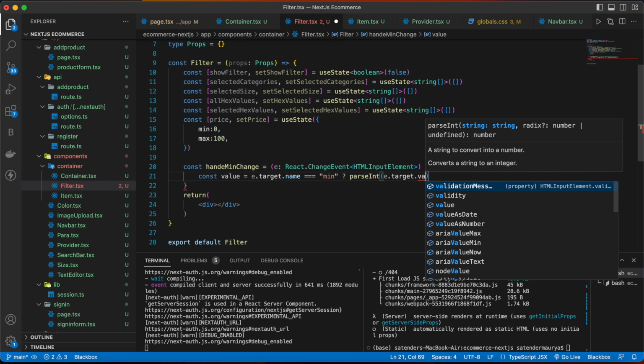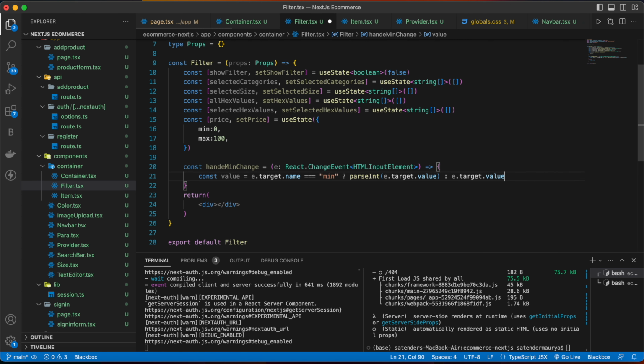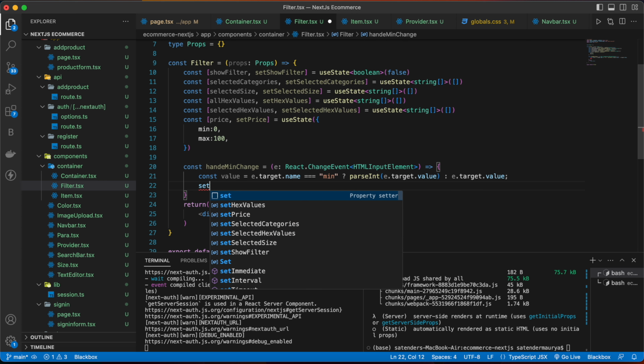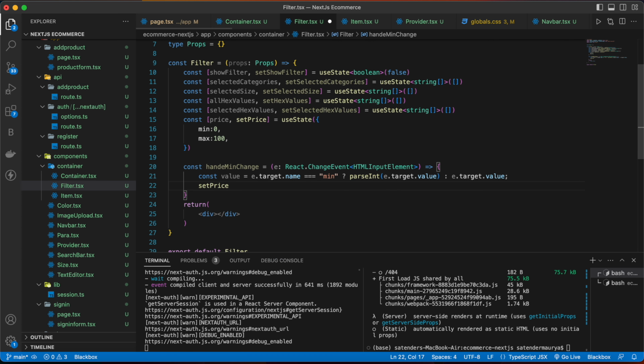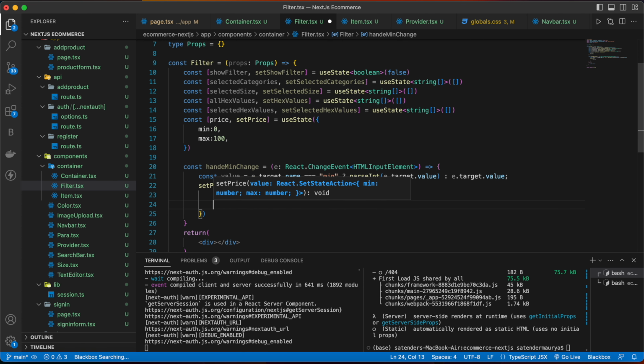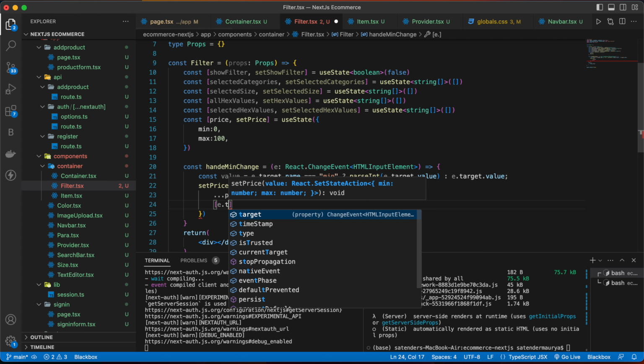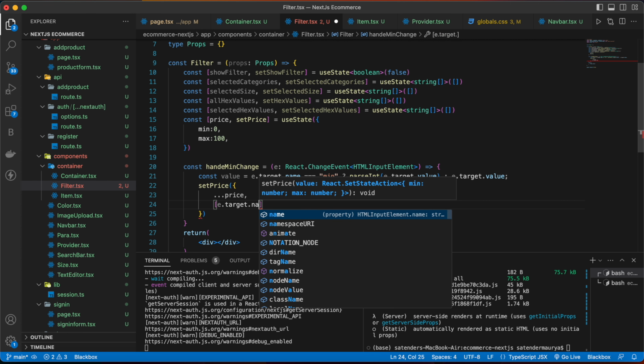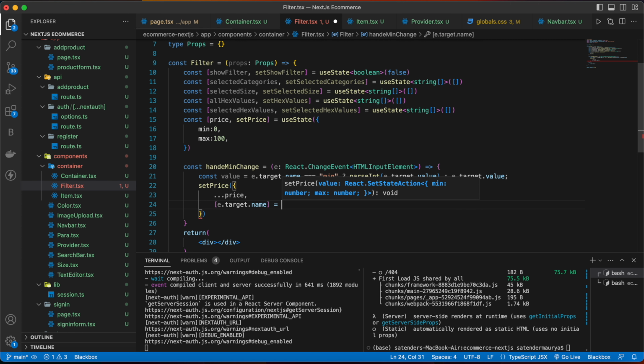Otherwise we are going to have e.target.value. Next we are going to set the price. So first we are going to set the price, and then e.target.name will be equal to value.